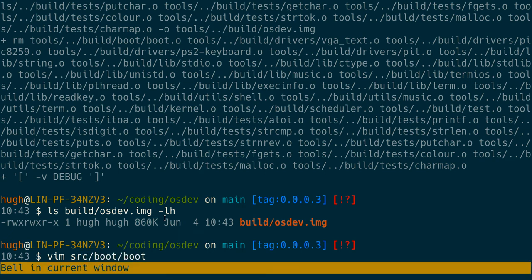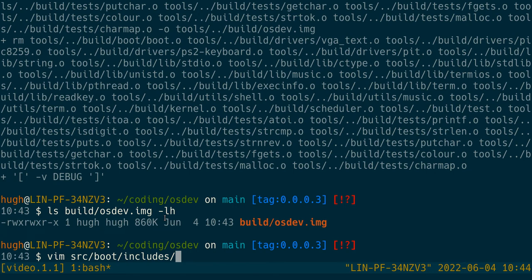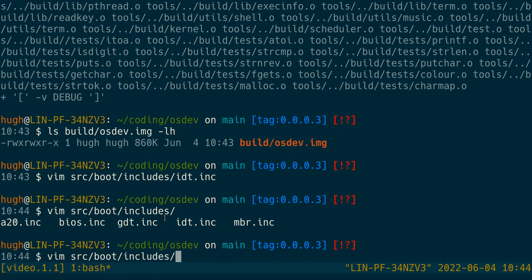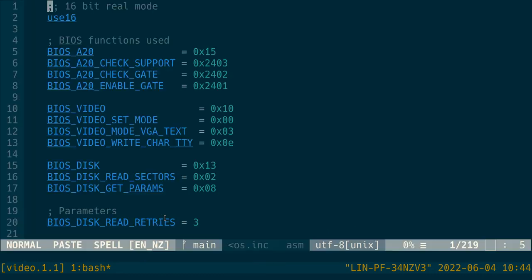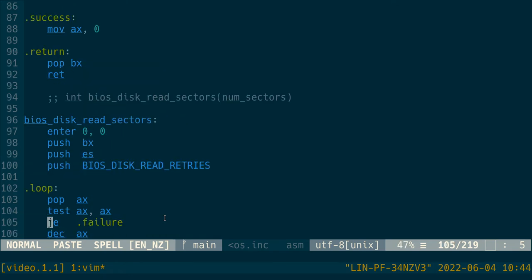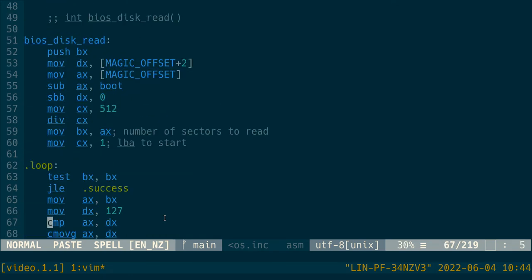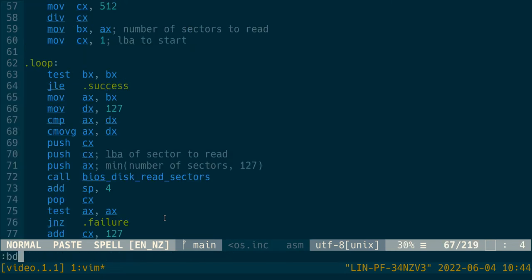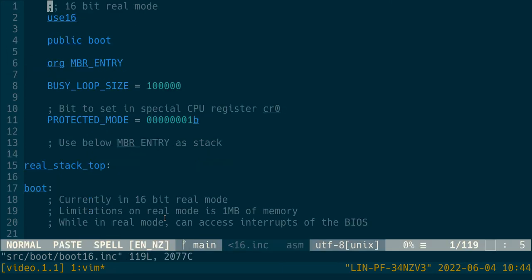So if we look at boot, includes IDT, not IDT, what's the one? Is it just BIOS? Yeah, I think it is. It's probably not the best place to do it. Yeah, so we have this read sectors, disk read, that's what we call from, so this is called from the real mode part, and